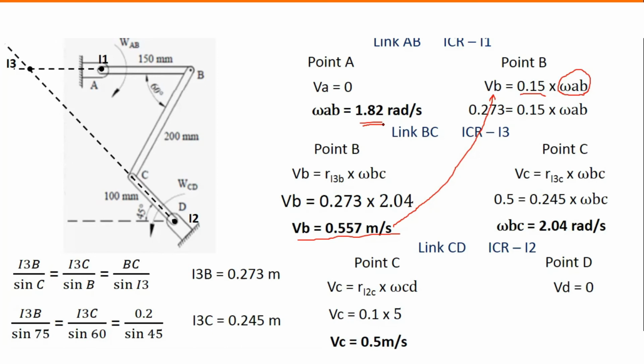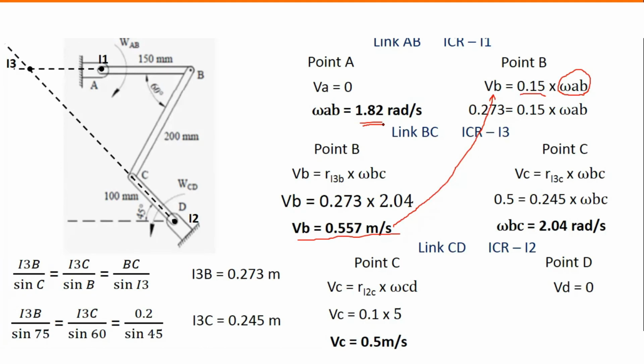First, find the ICR. Step 2, write the name of the link. Step 3, write the ICR corresponding to that link. Step 4, write the points on the link. Step 5, write the velocity equations. Step 6, find the distances by using the sine rule or cosine rule. Step 7, substitute the values of length in the equations and get the final answer. That's it, over. So I hope you are now confident enough to solve any problem in the examination. What you need to do is just apply the procedure and simple logic.